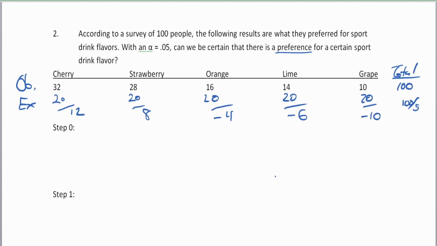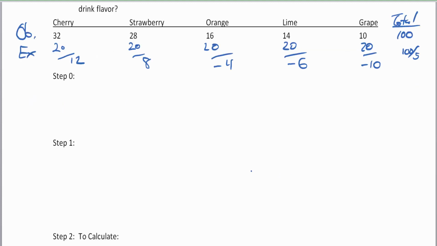Now again, these positives and negatives will eventually get scrubbed because in step 2 we're going to square them and divide by the expected value. But now we've finished our step 0 by marking out our observed and our expected and doing the subtraction correctly. Now in step 1, our null hypothesis is going to be a preference-no preference problem. So this means that our null hypothesis is saying there is no preference